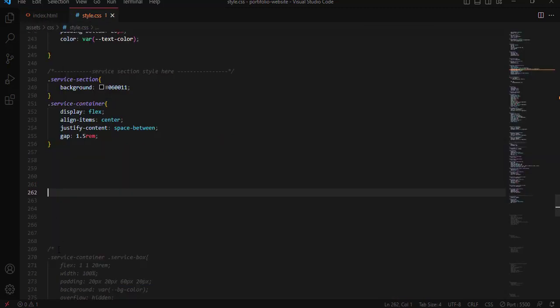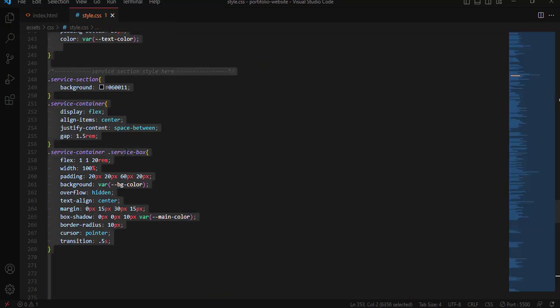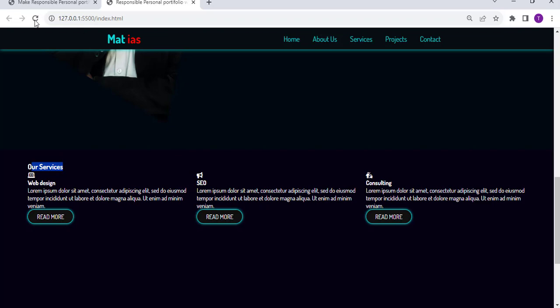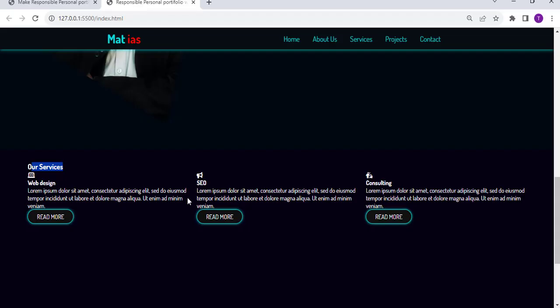After that, using this class selector right here, service box, let me add some property value pairs. So flex 1 1 to rem and width 100%, and we have padding right here, and we use this background color right here, which is black, and overflow hidden, text align center, and box shadow right here, and border radius, pixel, cursor pointer. After that, over here again, transition 0.5 second. After that, when I save and refresh the web page,